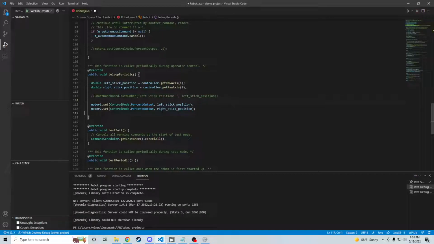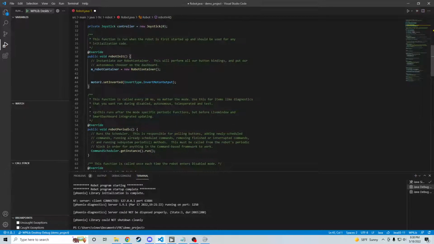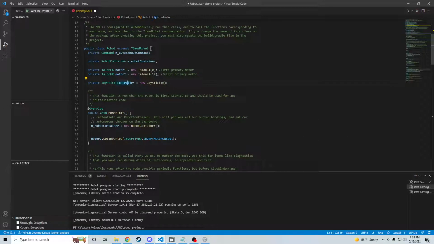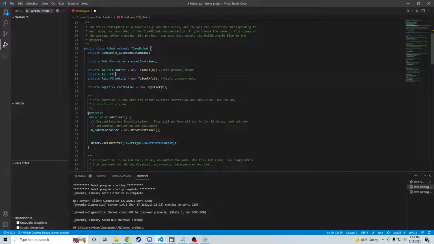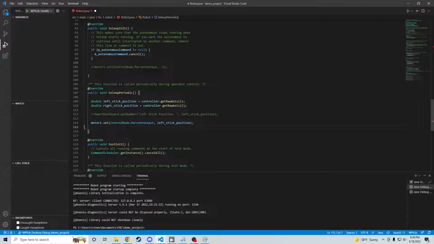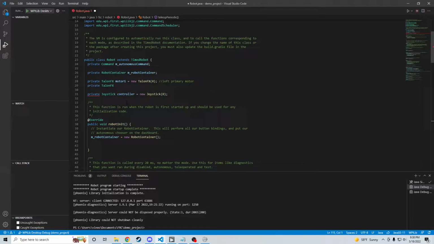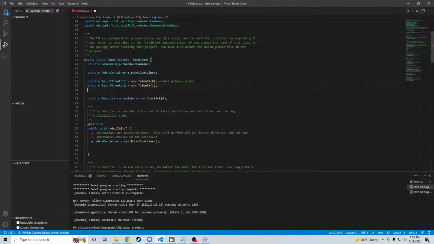But let's do a motor that follows another motor. So why don't we define a new motor? Let's say on our robot we have 3 motors on the left side. So let's do that. Let's rename this. Let's get rid of this motor entirely. We don't care about motor 2 anymore. It's not important. So we're going to get rid of that from the code. Let's define motor 1, motor 2 equals new TalonFX 1. We're going to define the other 2